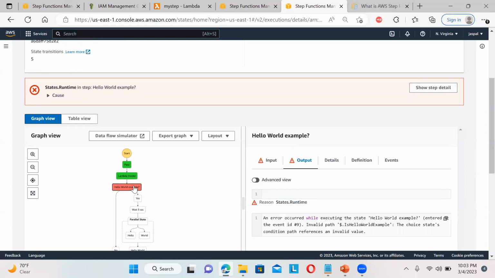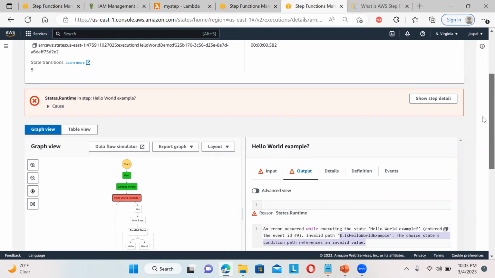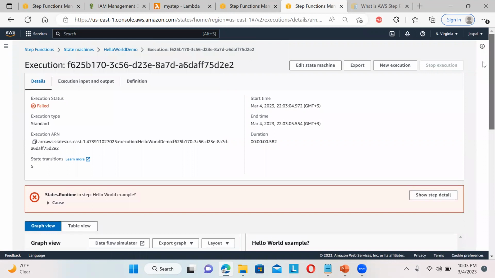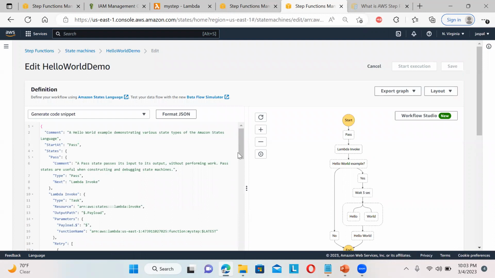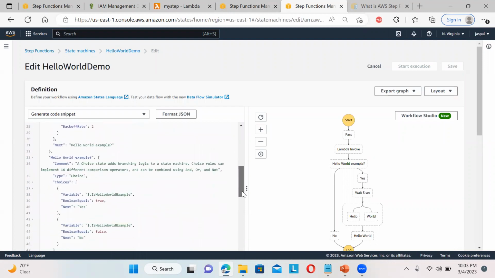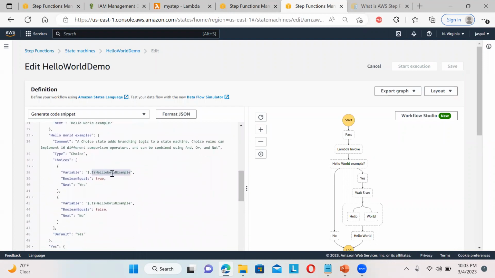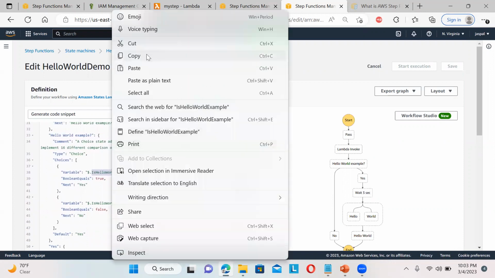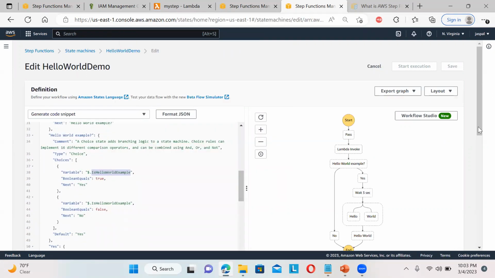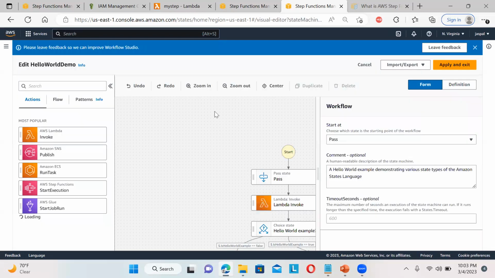Now, if you go over here, you can see it is expecting that, enter this invalid path. The choice state condition references an invalid value. Now, when we are moving from the Lambda to the next one, there is some invalid value. So we will just go to edit the state machine because if you see over here, it is looking for this variable, true or false, basically this one. If it is true, it will go to the next one. If it is false, it will go to the no one. Because in the Lambda, we haven't defined this. So we will just edit this and we will pass it as a